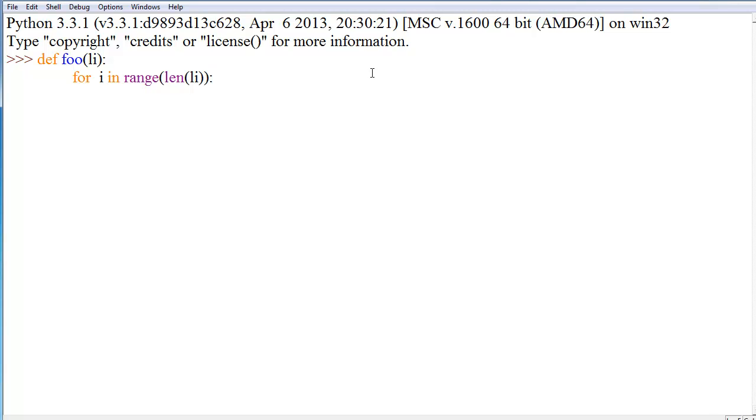So now we do colon, and then we just say if li index i is equal to function colon break, or my bad, return i, and then below that we want to say break. Sorry, just making sure that I didn't miss indents there. We go down, and then we're going to say else pass, or